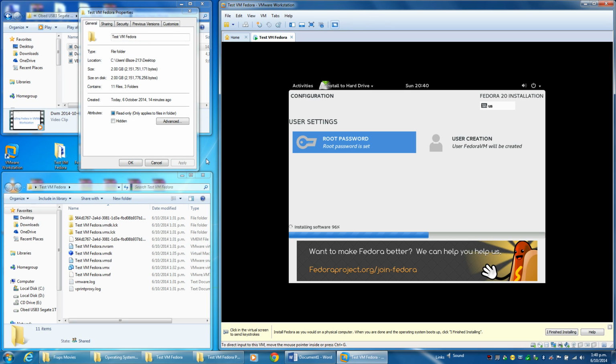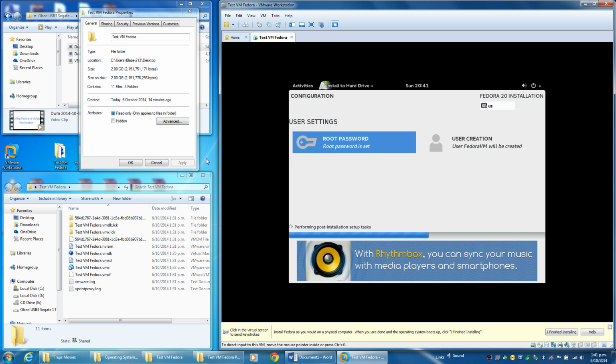And the installation is nearly done. And after the installation